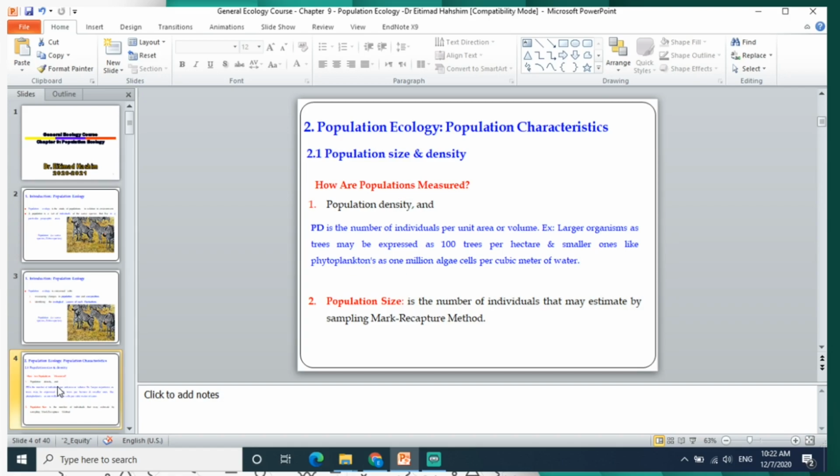Populations are measured by measuring population density and population size. Population density means the number of individuals per unit area or volume: if it is land, area; if it is water, volume. Large organisms such as trees can be expressed as 100 trees per hectare, and smaller ones like phytoplankton as million algae cells per cubic meter of water. While population size means the number of individuals that we estimate by any ecological method, such as the mark-recapture